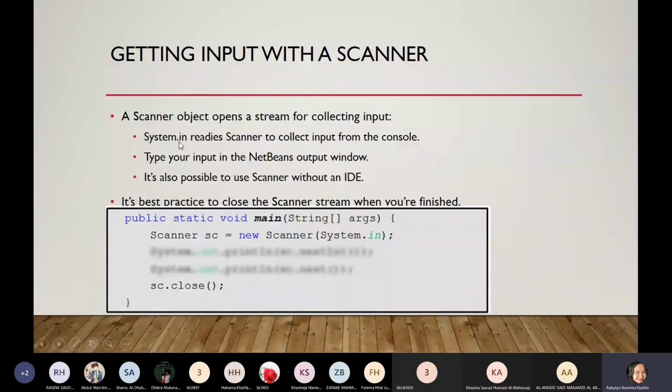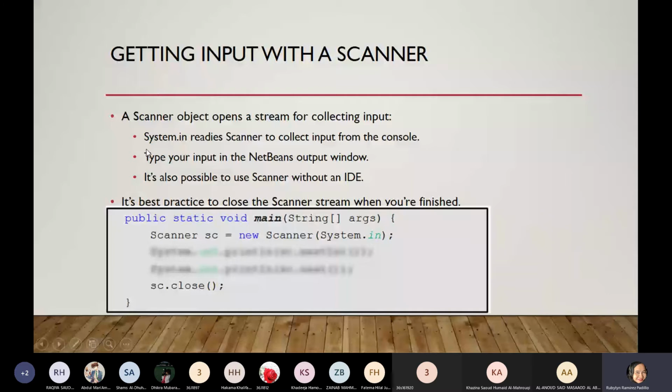And this scanner will collect it from System.in. You remember in the print or println method, we are using System.out. In input, through the Scanner object, we are going to use System.in. So again, we will be using System.in.